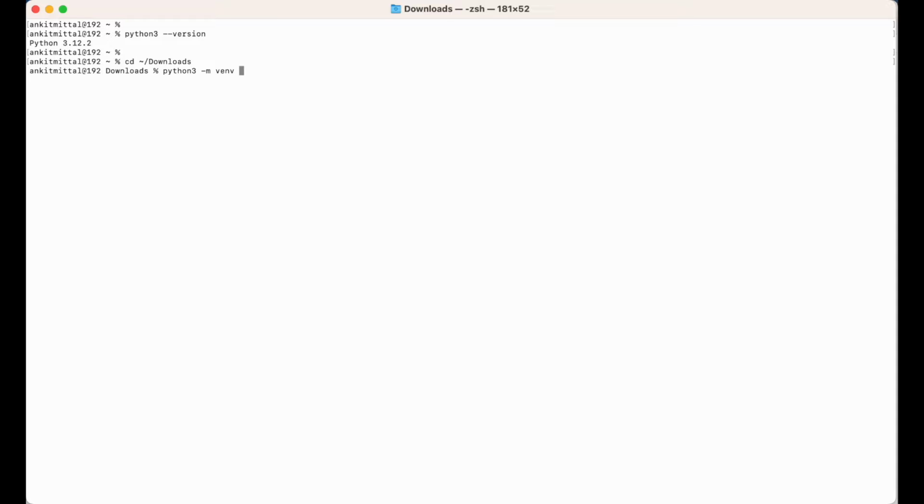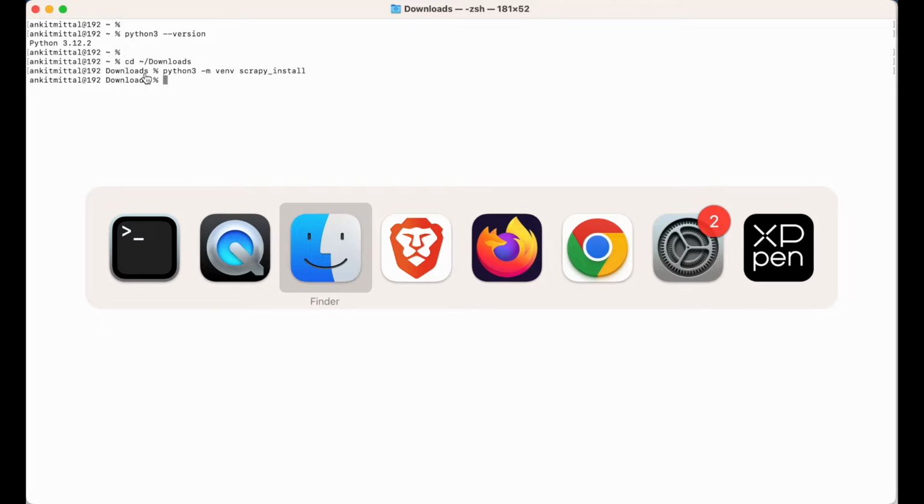Let's suppose we want to create scrapy_install as this virtual environment. This will also create one folder which will have this name, and this folder will be created in the downloads folder.